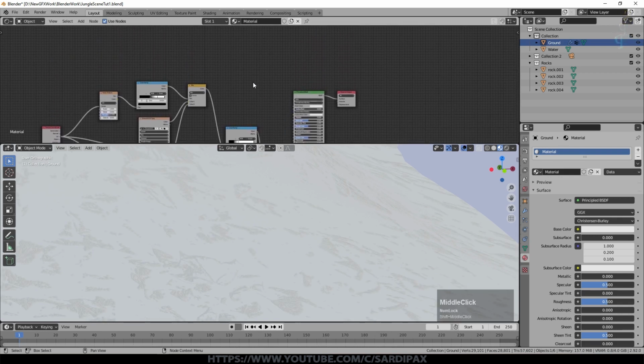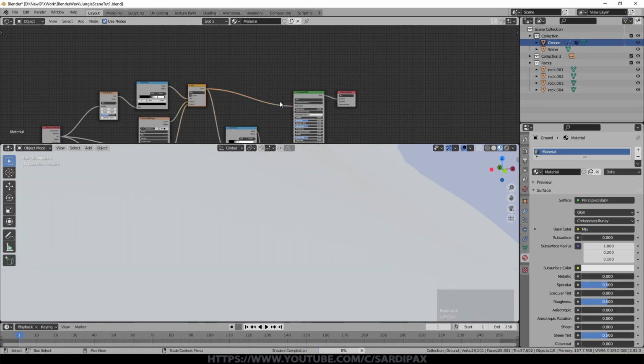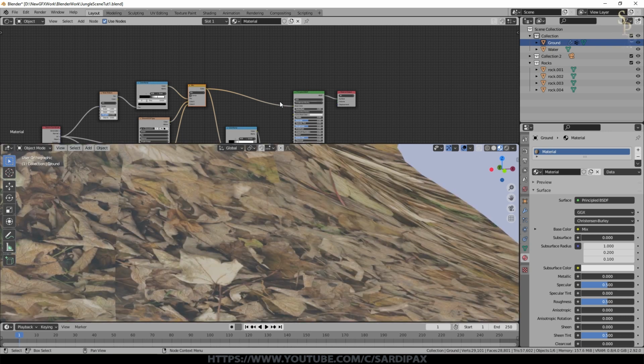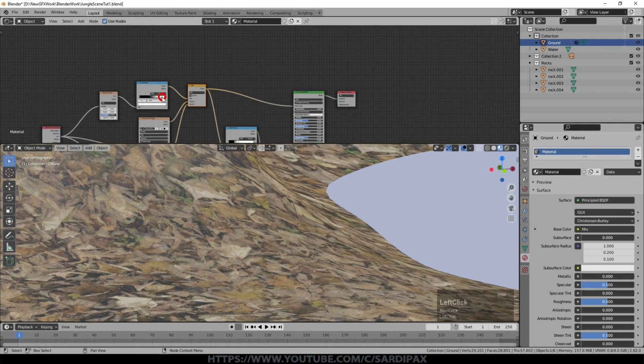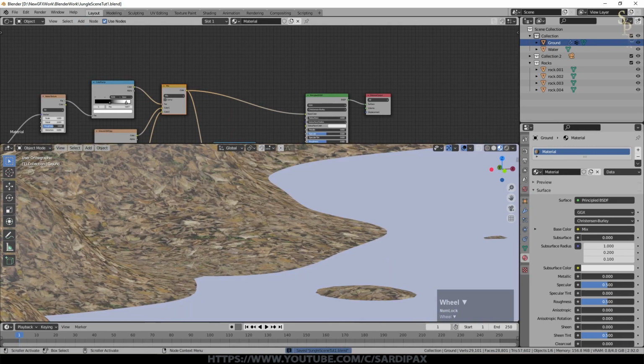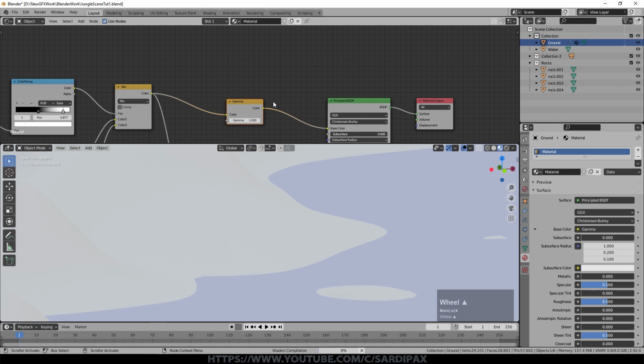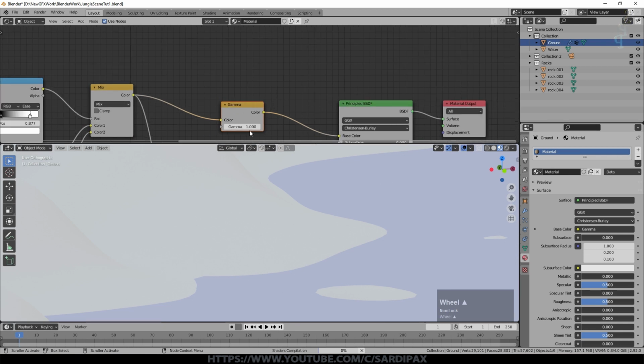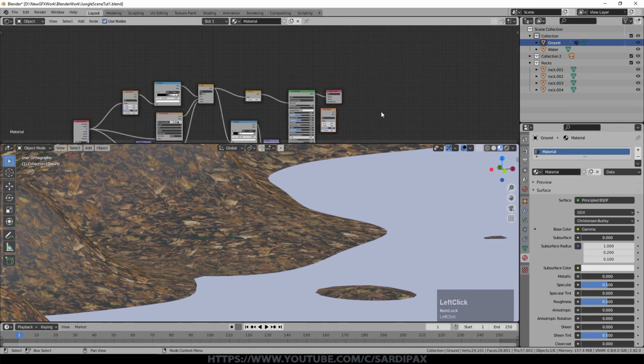Now I haven't got any lights in the scene yet, so I need to do that, but I'll take my texture back in there. We're in preview mode now, so it's going to be limited in what it can display anyway. And you can see we've got a bit of a line there. So I just adjusted my color ramp and that vanished most of that. Finally, I added a gamma node in here just so that I could darken the leaf litter a little. I had that set to about 1.6, and another noise texture.